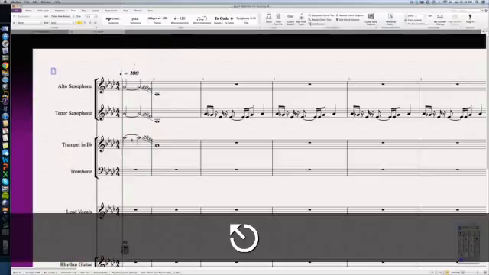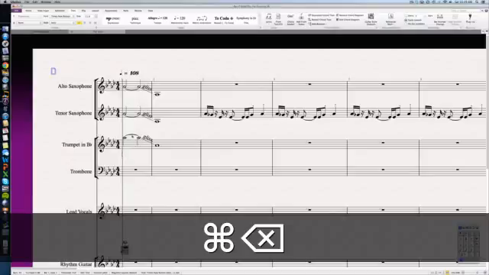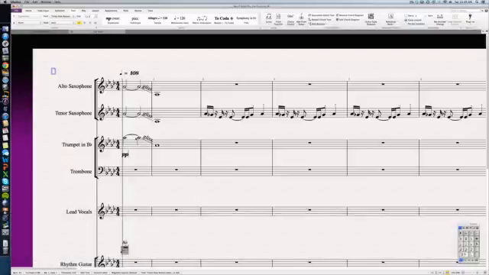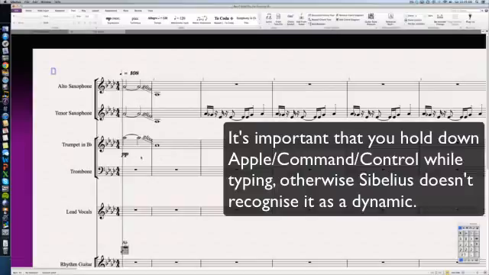Or I can hold down Command on a Mac, or Control on a PC, and just type MF, or F for forte, or PP for piano, okay? And once I've done that, I click off anywhere that's not where you were. But you don't have to do that for every